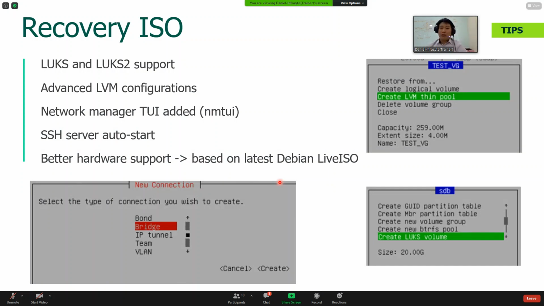Okay, so if you do have a backup of a Linux machine using the agent, when we are doing restoration, similar to Windows, we will need to create the recovery media. Now the recovery media for the Linux agent does have some upgrades. In version 11, we actually run the latest one based on Debian Live ISO. That's why there is better hardware support. And from this Live ISO, we do support